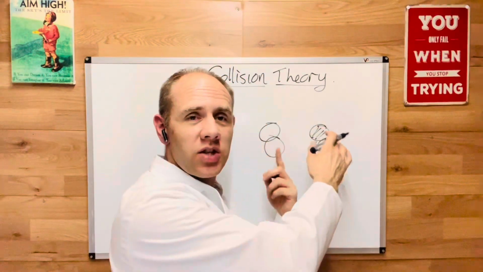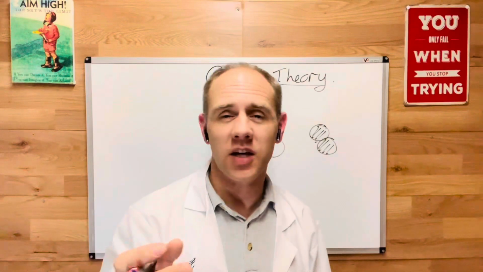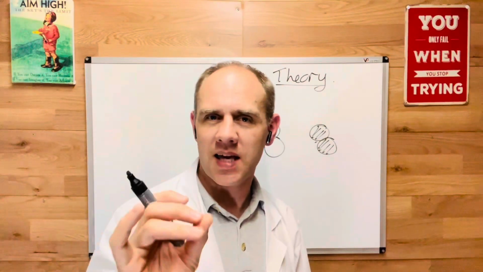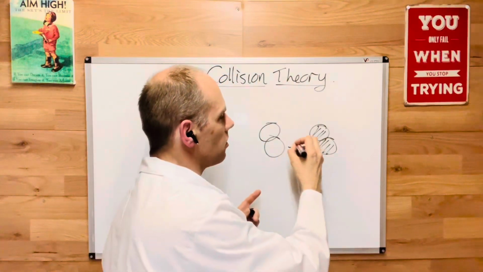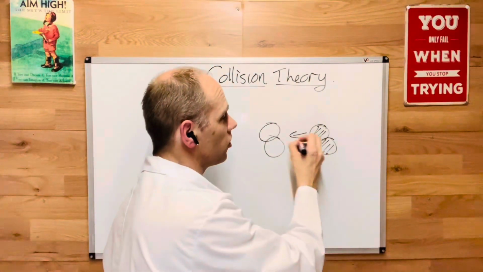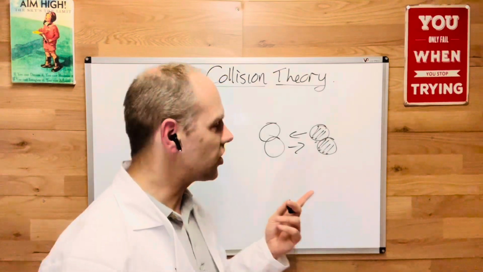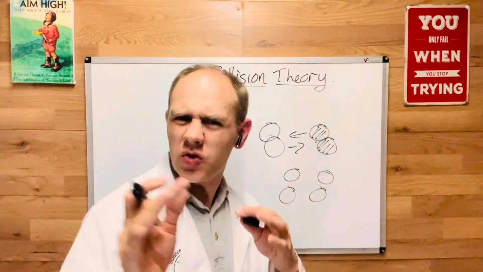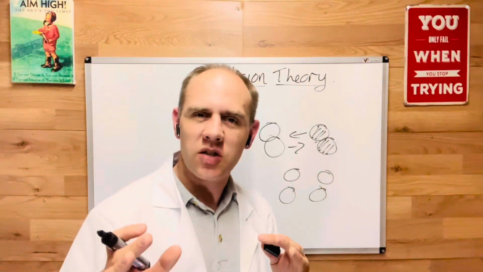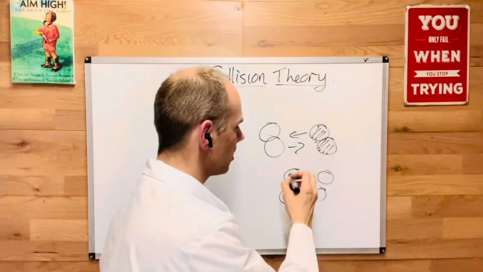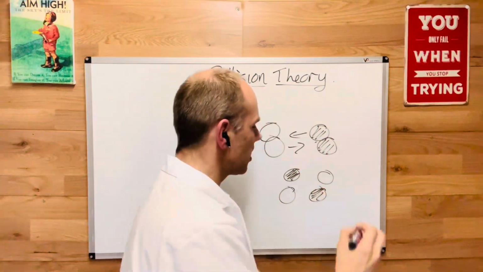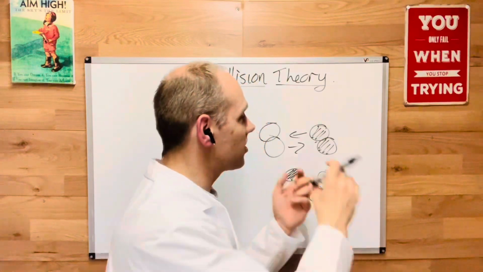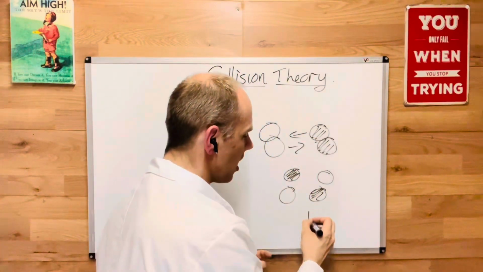Now, you can imagine these bonds as being covalent or ionic, it doesn't matter, or even metallic. What matters is that the bond itself is broken in a chemical reaction. Now, if this is moving, it can collide with that, and this could also collide with this. As it does so, the bonds might be broken, and you end up with four separate particles just for a fraction of a second. But for GCSE, we don't tend to talk about that. So let's assume that they are broken apart, but really quickly, in the same instant that they break apart, they actually reform